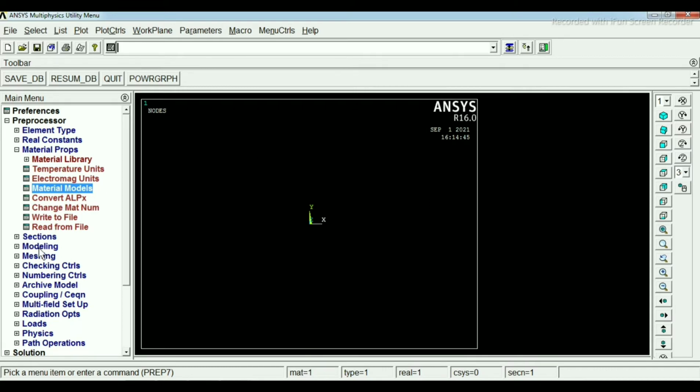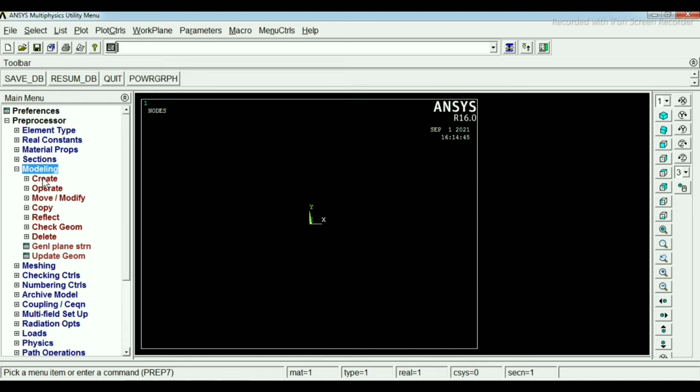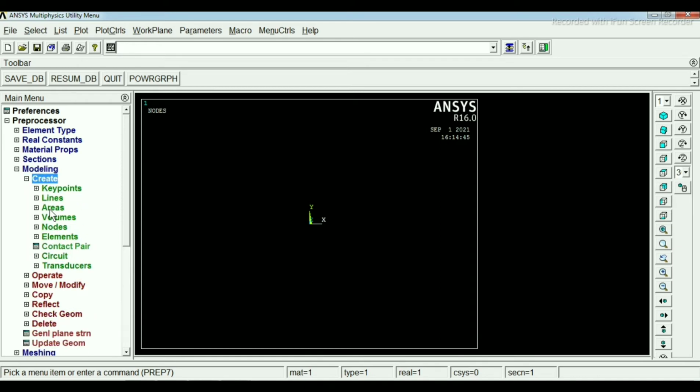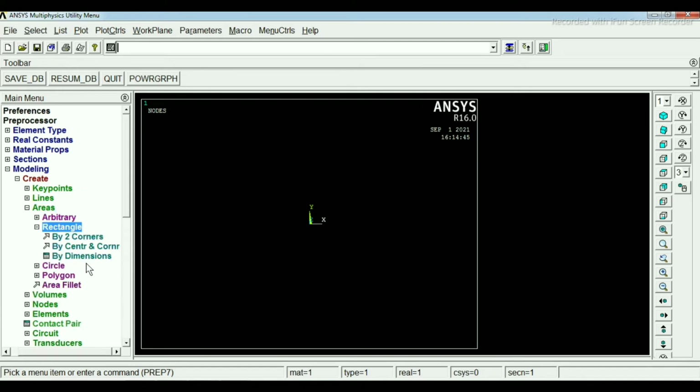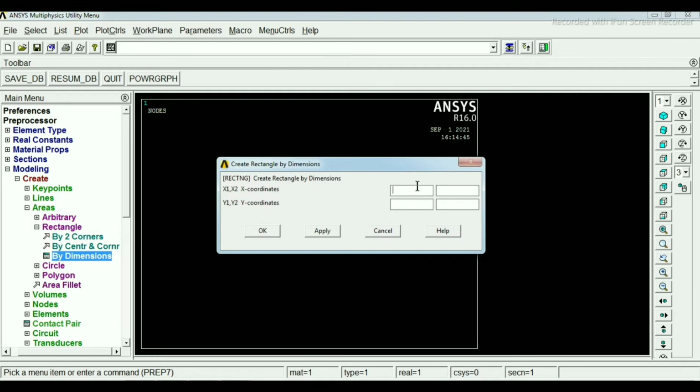Now click on modeling, then create areas, then we have to create the rectangles, then rectangle by dimensions. Here we have to enter the coordinate values.